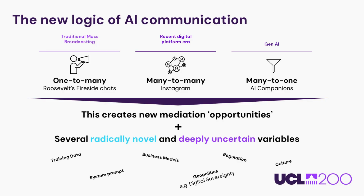Then there's the logic of many-to-many, which I mainly grew up with, which is the recent digital platform era, the decentralized network model where people stop being just consumers or audience, but also become authors. You can share information online, and there will be people to consume it. That's the logic that most of us, at least myself, are most familiar with. But now